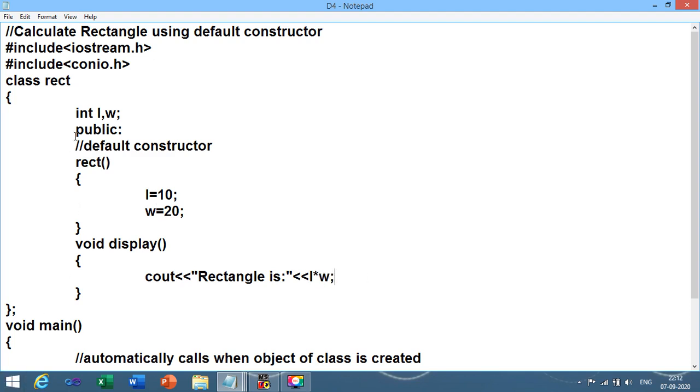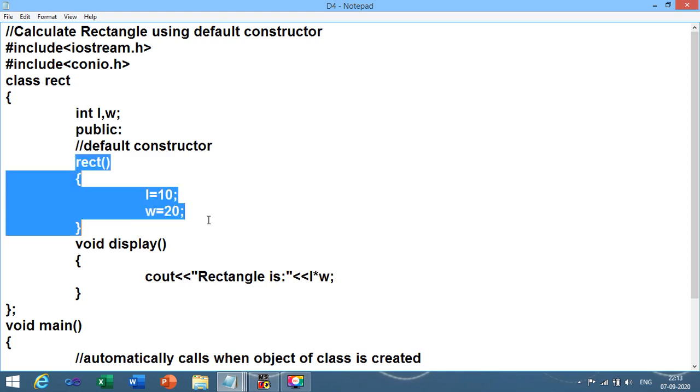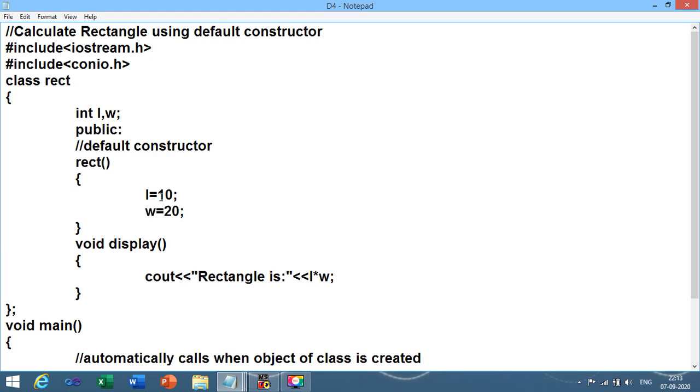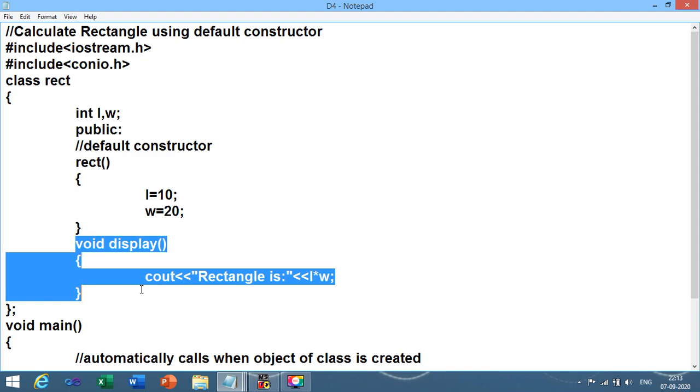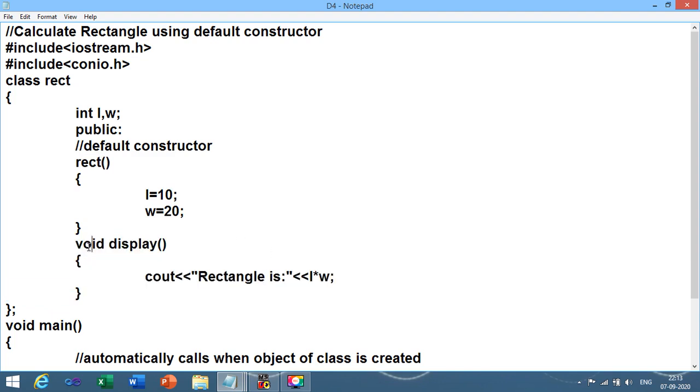Over here we have initialized the values of L and W as 10 and 20. Then we have declared a void display function, which is a no-argument, no-return-type function. Inside that we have used L into W, length into width.